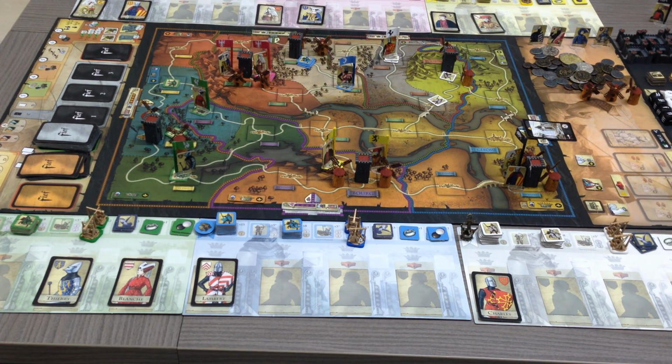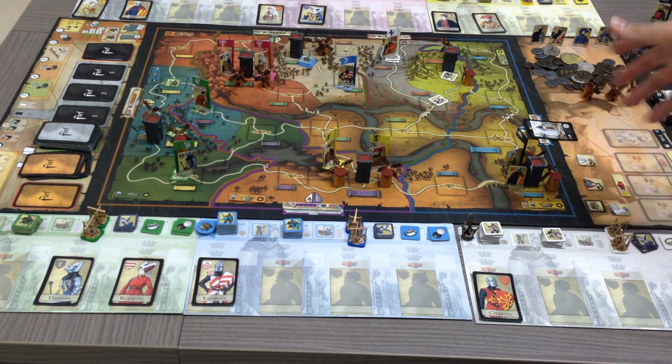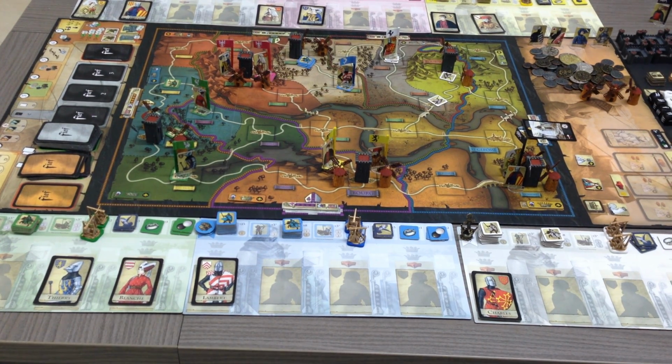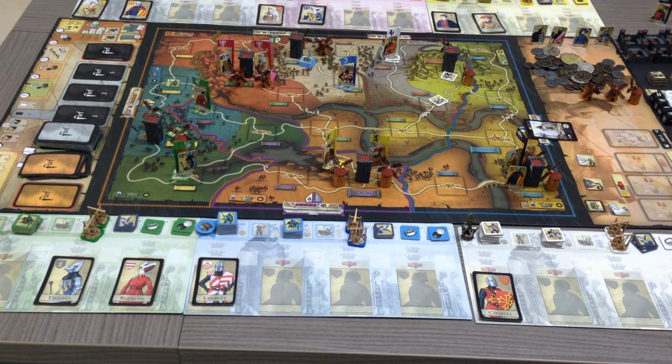Next is the pink player's turn. Let's see what happened. Actually, it's not the pink player's turn, it's the black player. But the black player noticed it is a heavy rain in this area, so they preferred not to travel, or actually not preferred, they had to stay. Next now is the pink player's turn,